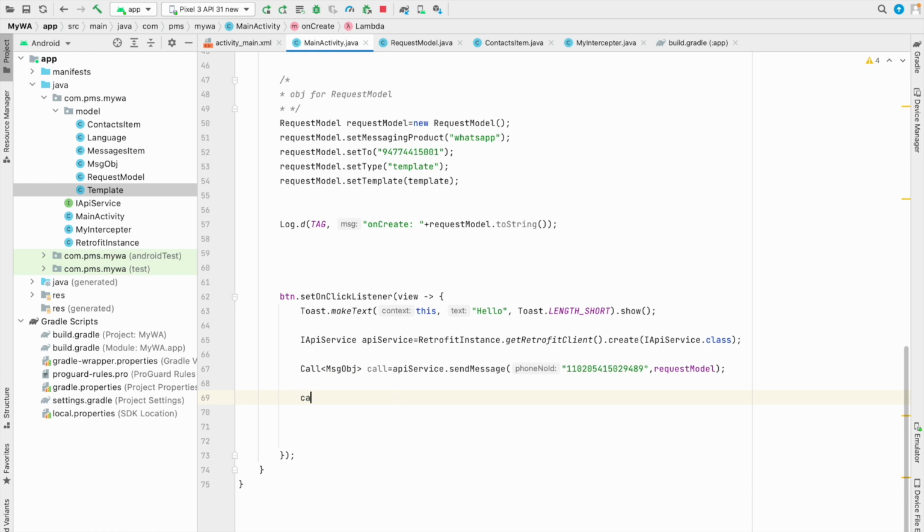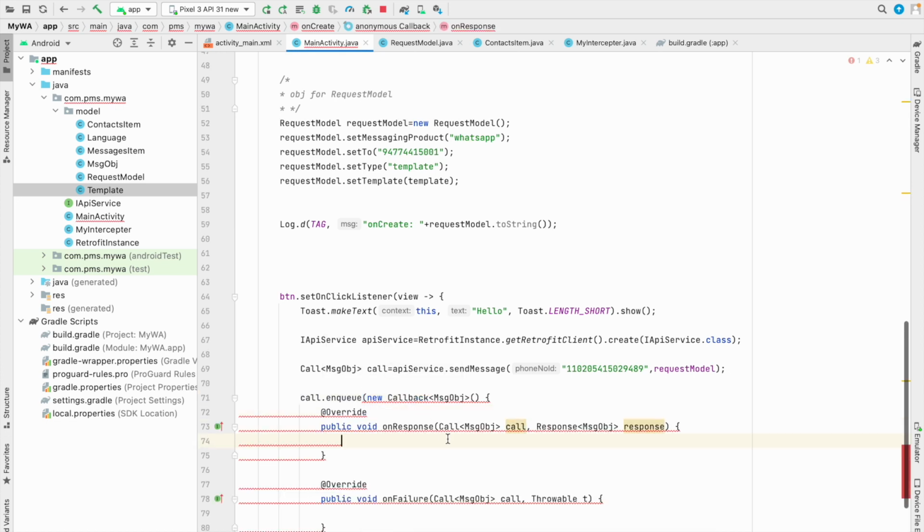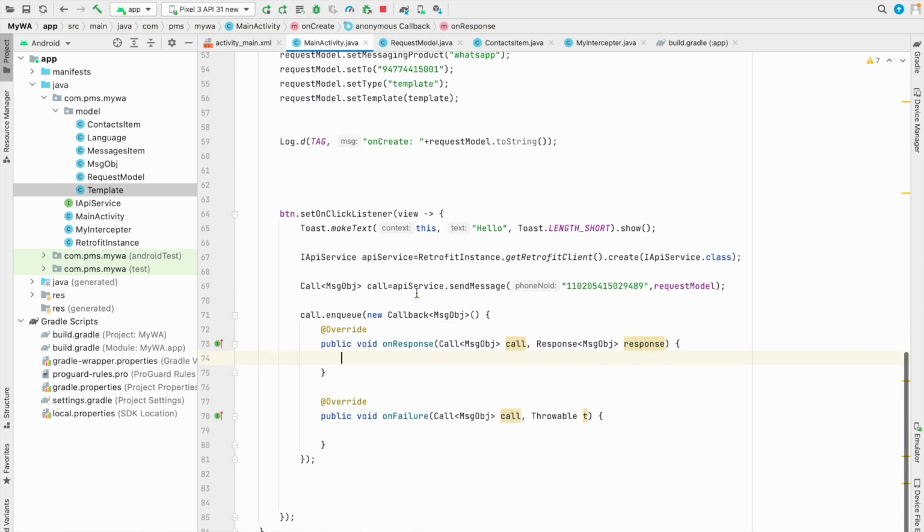So in order to call the call object, we use Retrofit call dot enqueue, and after that we have to pass a callback. The callback will respond after it gets the result, right? So for creating the callback, what you have to do is just create a new callback. The first one is created. I put a log message here, get the response here and paste it here, and toString. And in case the failure occurs, I just put the log here,